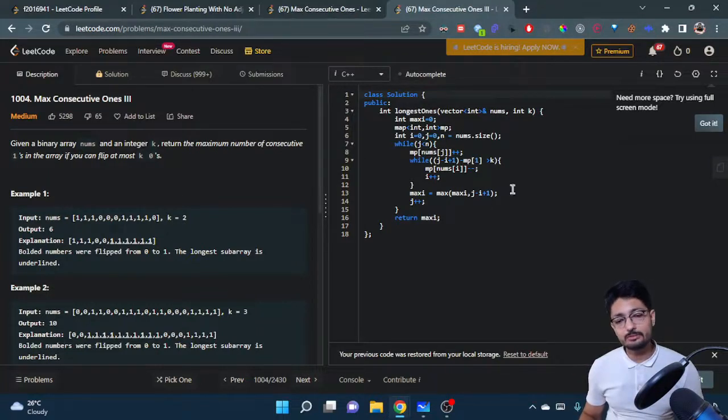So I just have to maximize the segment over all the valid segments that follow the condition such that the number of zeros is less than or equal to k, so that I can flip them to 1, and all the ones are there already. So I can directly get the segment length by j minus i plus 1. I want to maximize it over all the segments, and then j